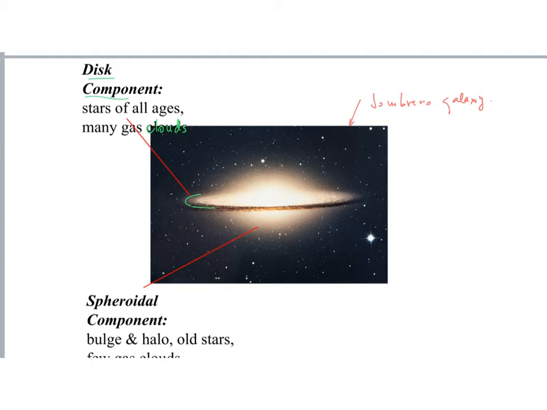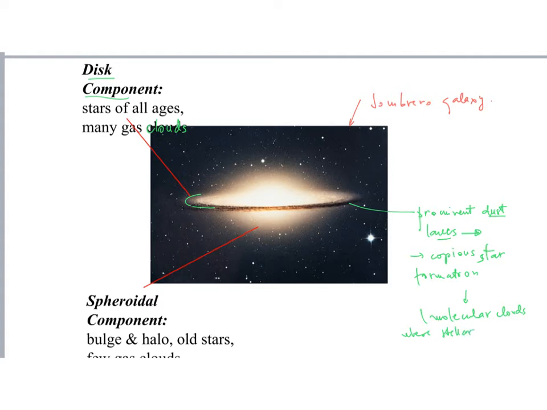There are stars of all ages, but you also see quite prominent dust lanes here, and you know what that means: copious star formation, because those dust lanes are actually molecular clouds where stellar nurseries